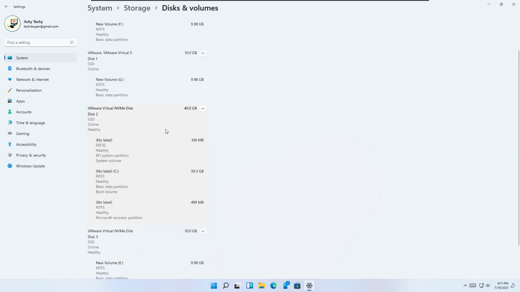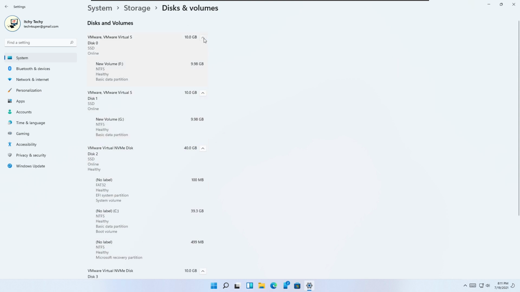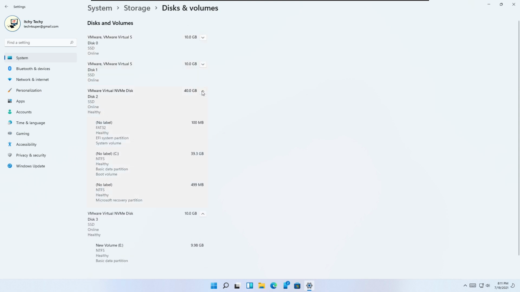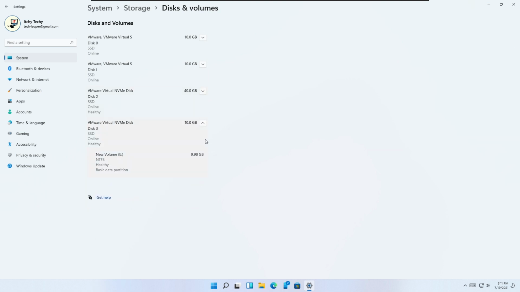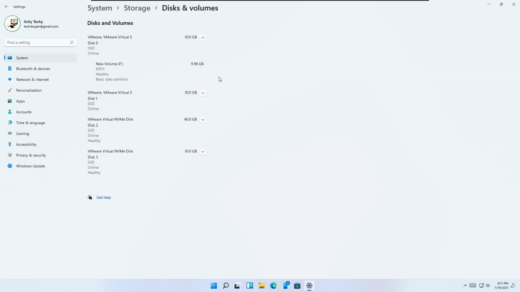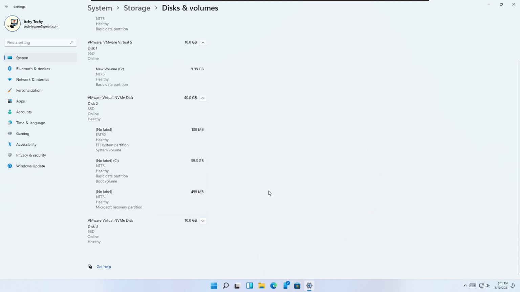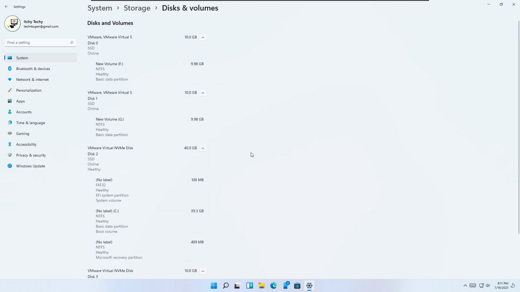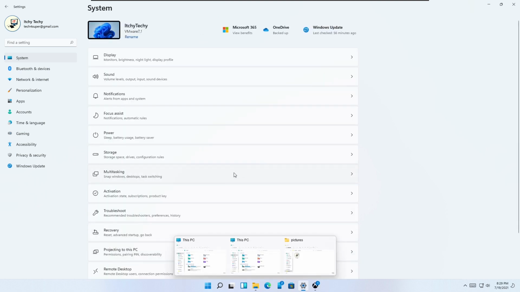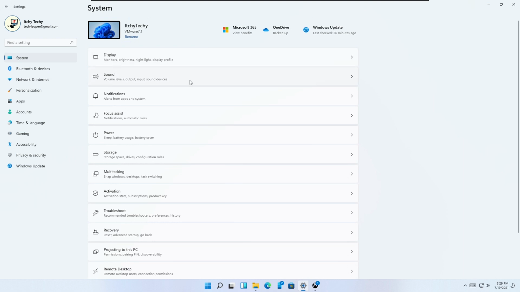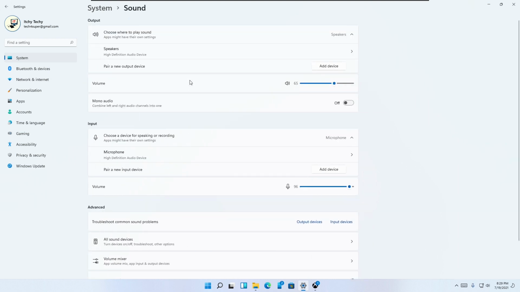You can view the structure and information of your disks and partitions, and the partition structure inside the disk and volumes feature. And disk size, type, status, file system information can be viewed.